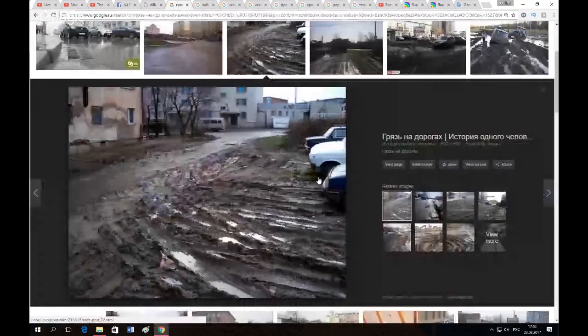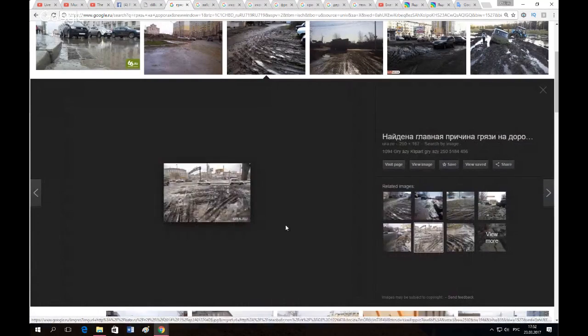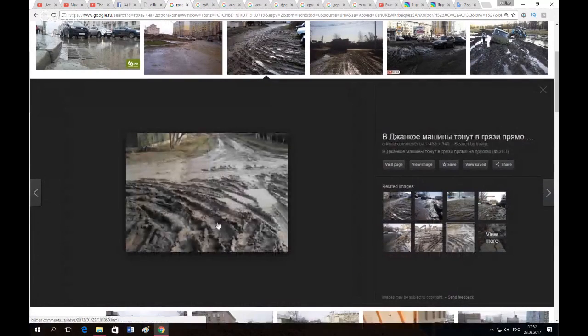This is what Russia becomes in autumn, early winter, and all spring. And every time the rain comes, in the place where you have asphalt roads, and as they can say, we had to make asphalt first in the 20th century, so it's like 100 years of asphalt. Before that we had